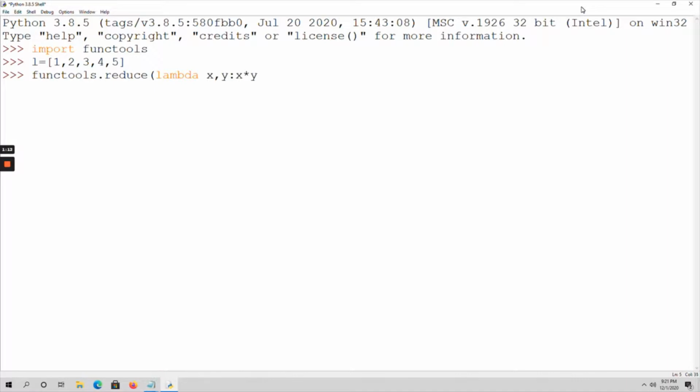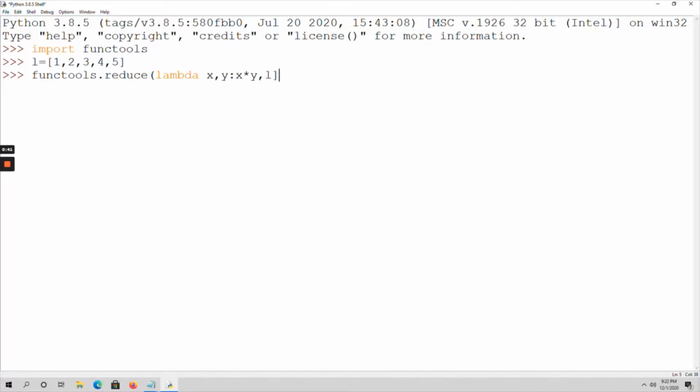I want to multiply all the list elements, comma, and the sequence is the list L. This is my input list, L is my input list. On this list I want to perform multiplication of the elements by using a lambda function. Within the reduce function I am using a lambda function, and the sequence is the list of elements.